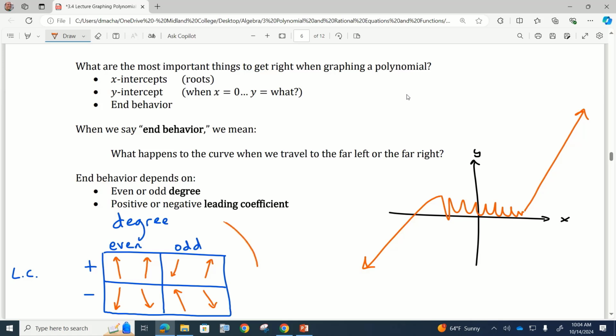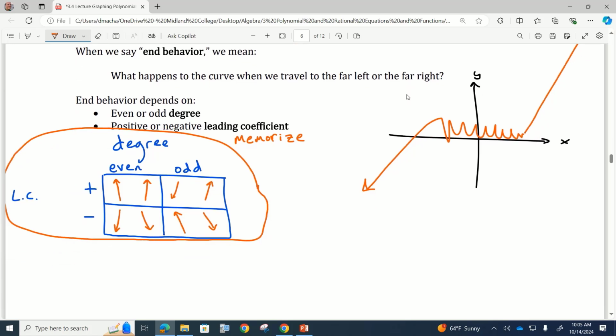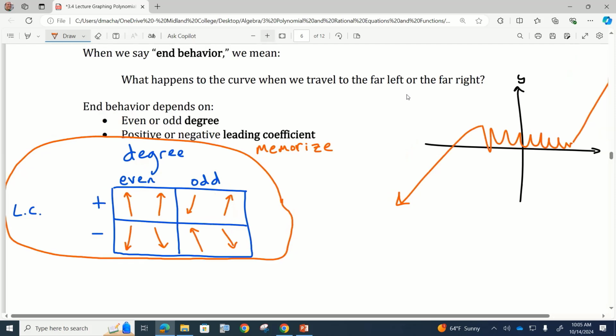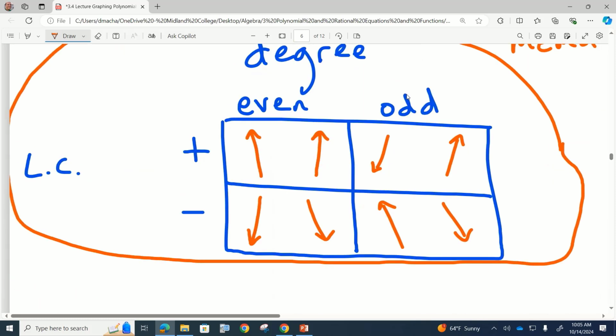This whole thing is technically something you are expected to have memorized for the next test, test number 3, and for the final exam. But I'll give you a trick to memorize this. And my trick here for memorizing this table is,